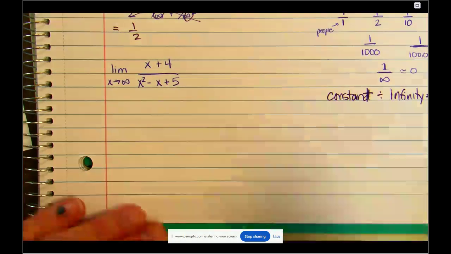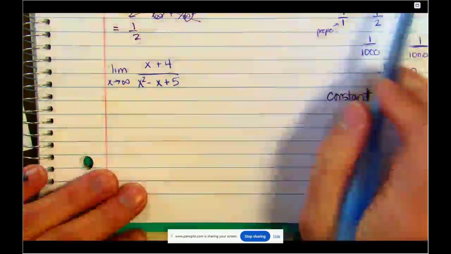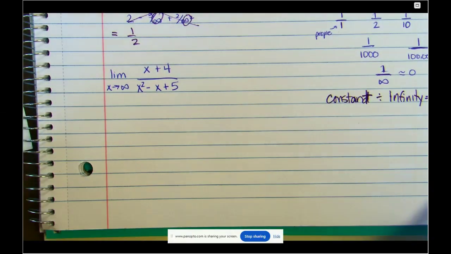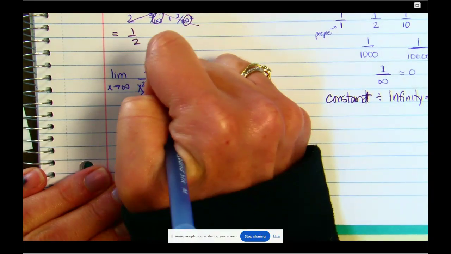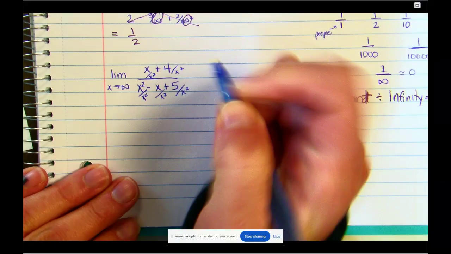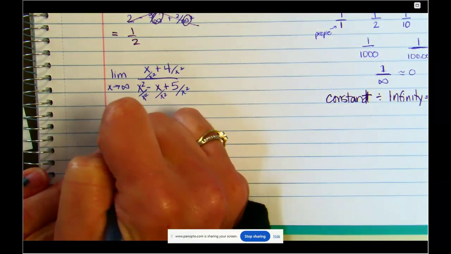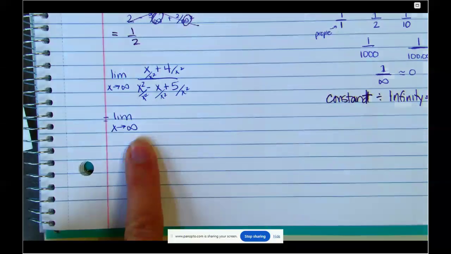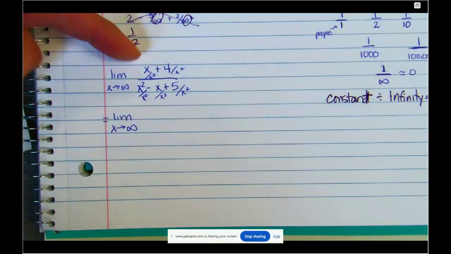So we know that we have to divide the top and the bottom by the highest powered variable in the denominator, which is what? x squared. So we're going to come through and divide by x squared. Again, you do not have to write all of these. You can probably do them in your head, and that is fine. But you do have to rewrite this step here, because I need to know what you're reducing. You need to prove what you're reducing here.